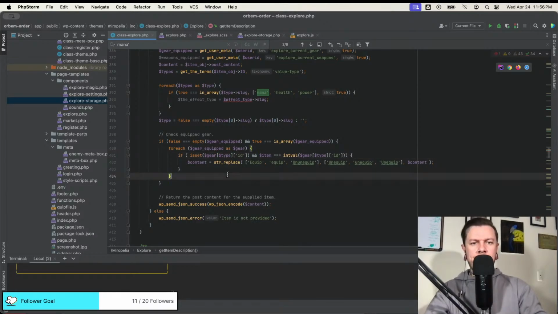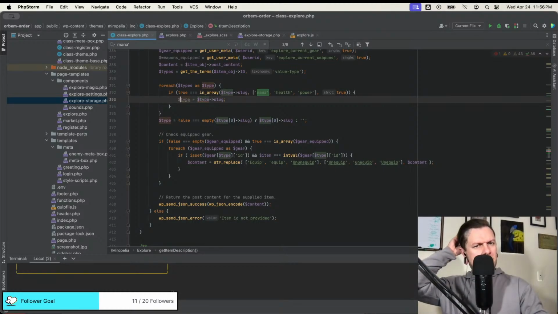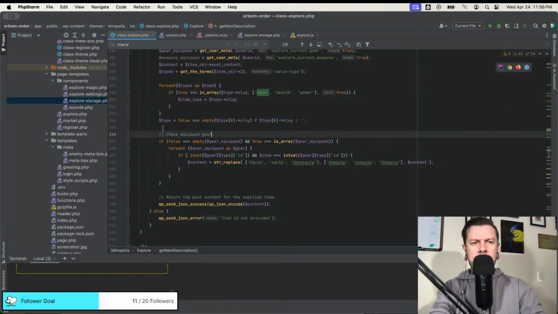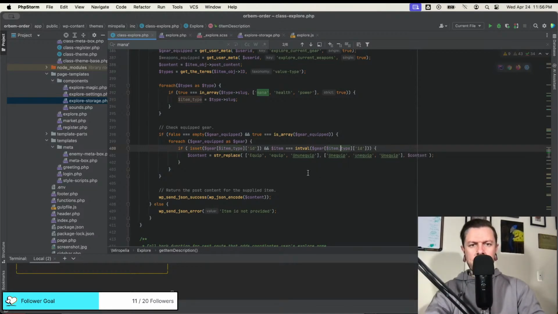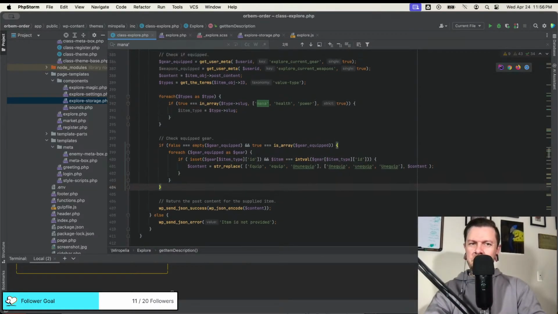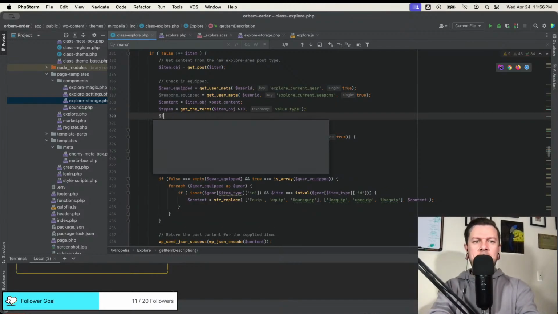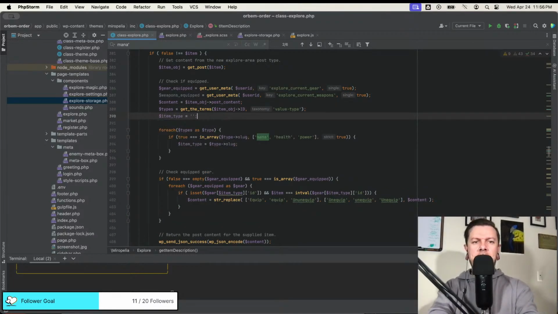Cool. This should be good. Yeah, can't set type to type to type. It's item type. Don't need you. Need you. Item type. Okay, I think this is good. And by default, item type equals nothing.